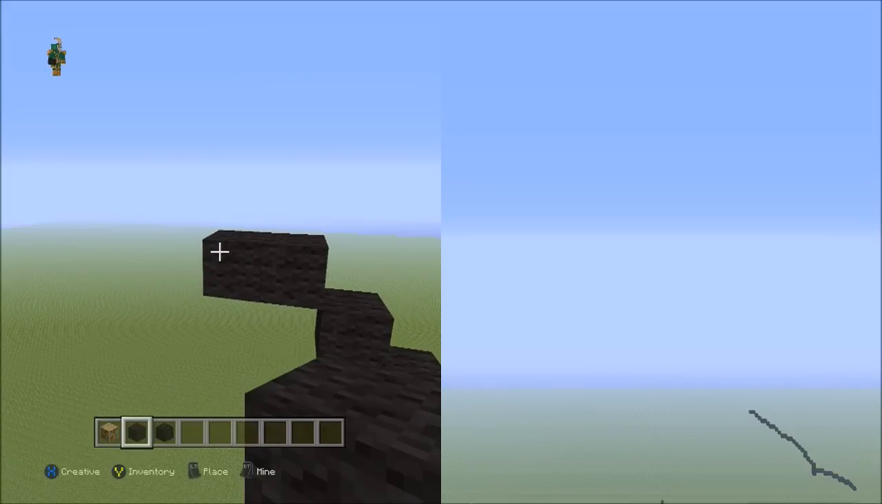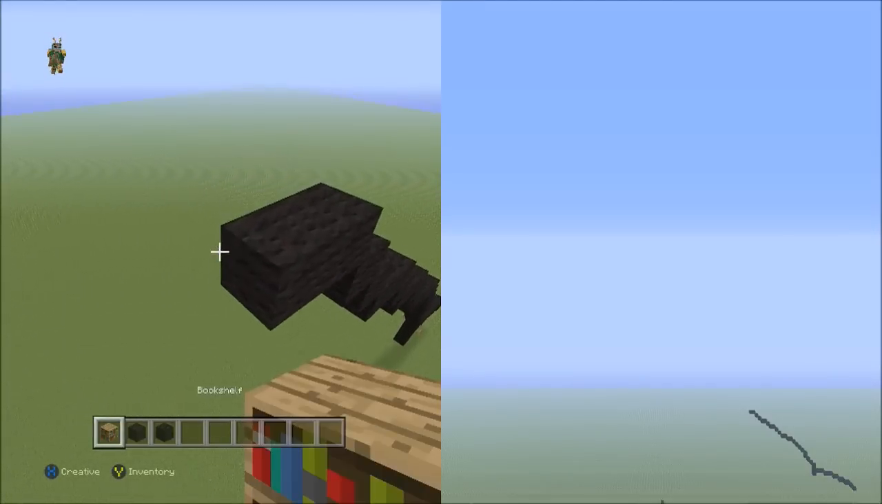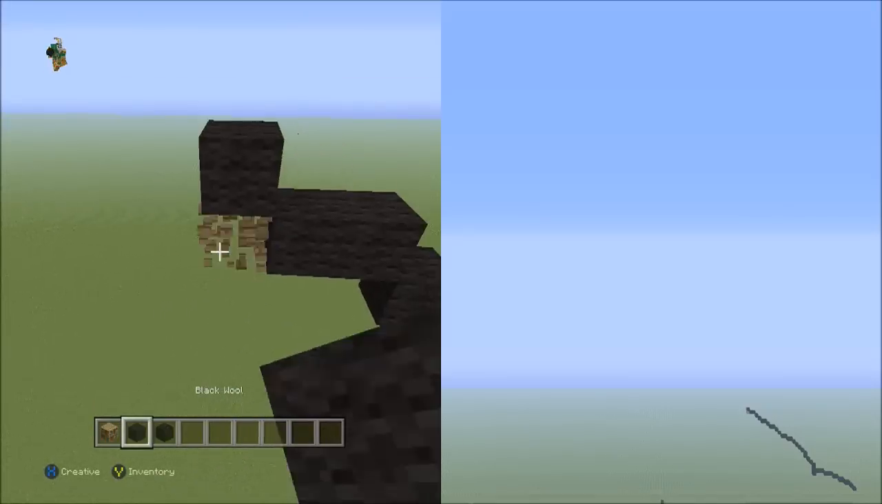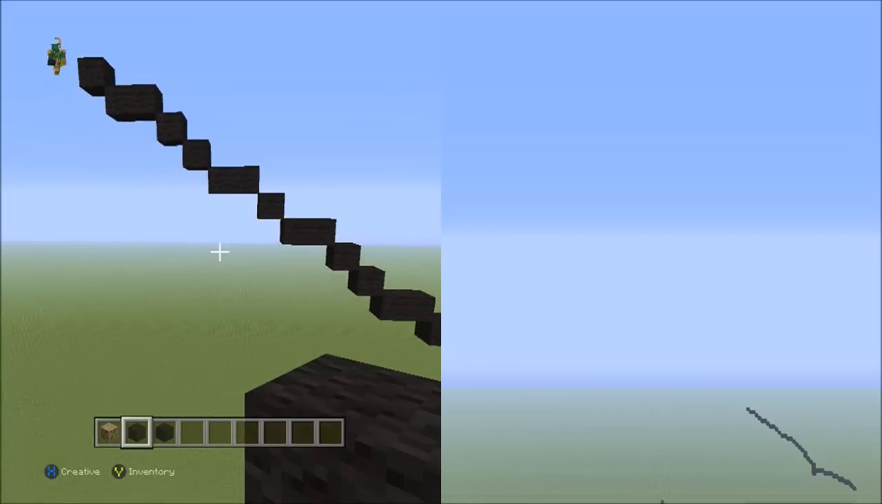Next, we're going to be placing 1 block going up to the left. So that's 1. Now I'm going to fly back a bit so you can see what we've done so far,